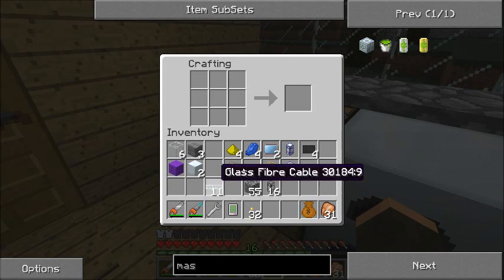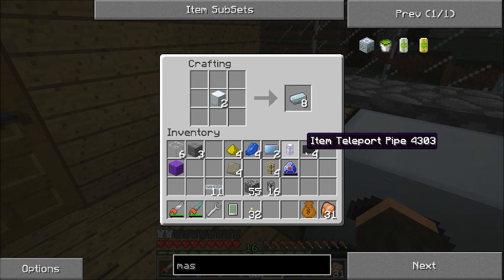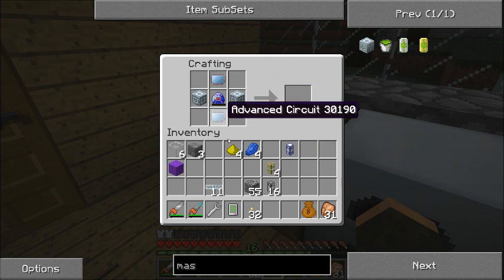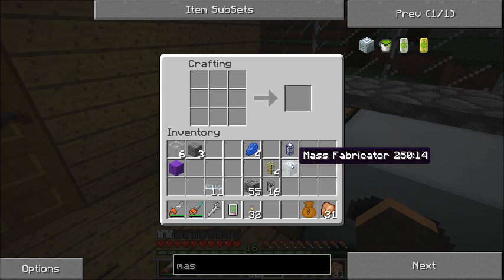Okay, so we go ahead and make our machine blocks first. And there we have our mass fabricator. So to hook this fellow up,